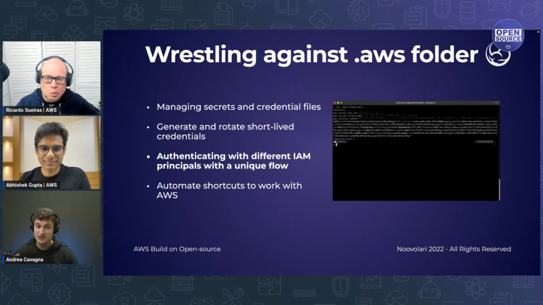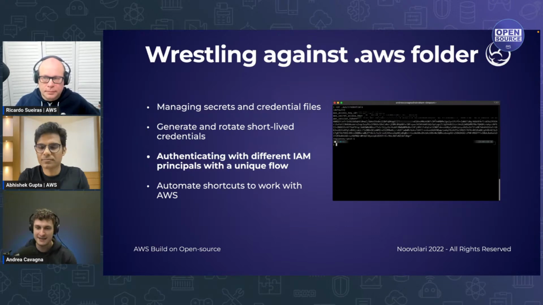Generate and rotate those credentials to apply a good cloud security posture, and authenticate with different IAM principals. So we had IAM user, IAM role federated, cross account access, many different use cases to cover, and for each principal you have tips and tricks to do the security things well.